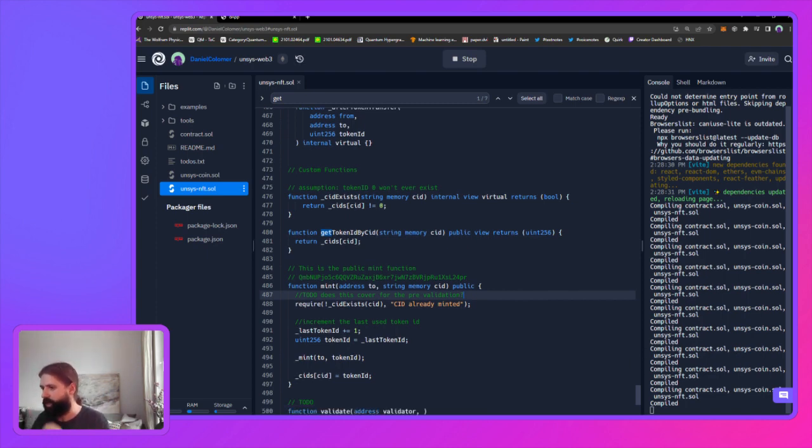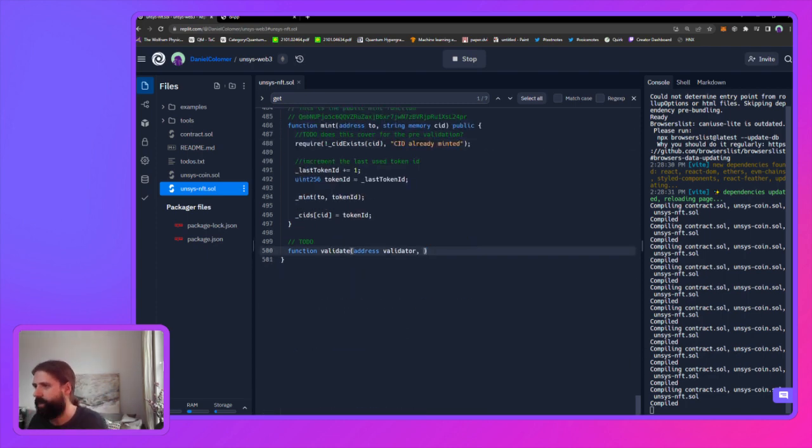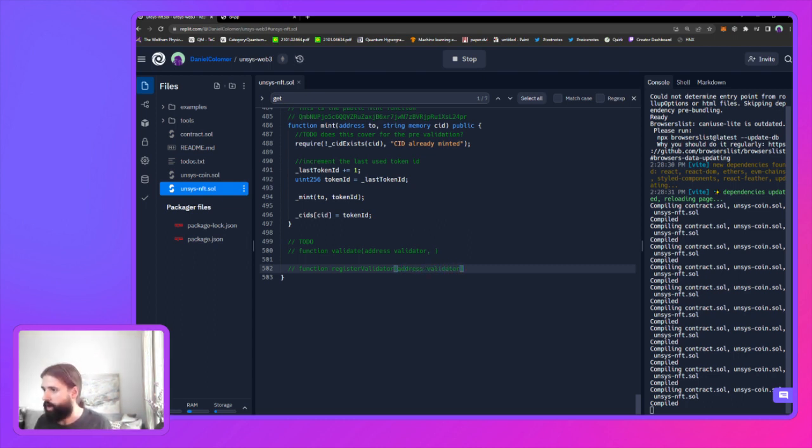But I think that's kind of the idea, right? So we're going to have this validate function, which is going to validate the stuff, and then we're going to have another function that's also going to be register validator, and that's going to be an address, and that's going to require